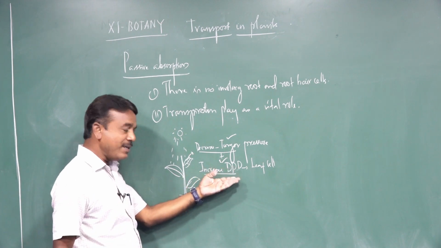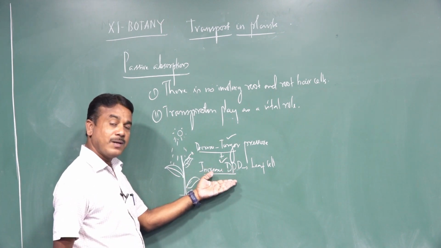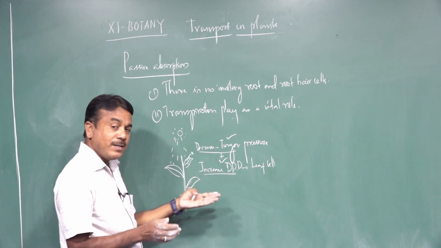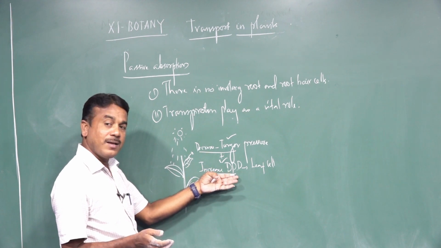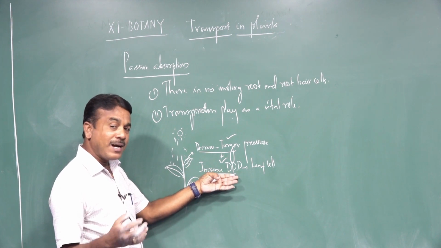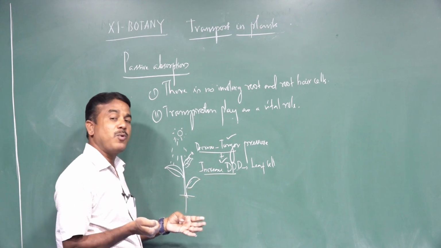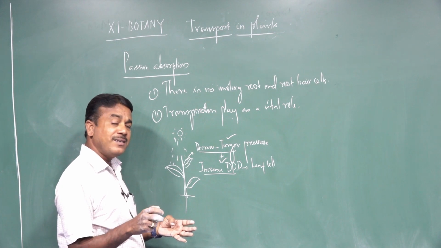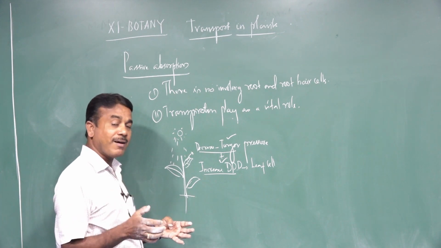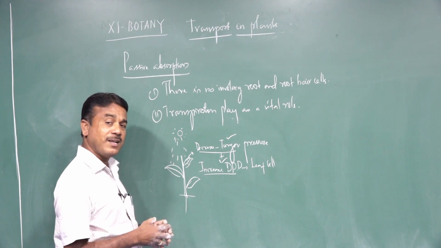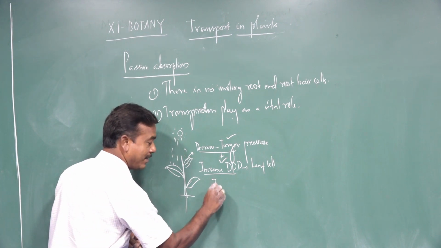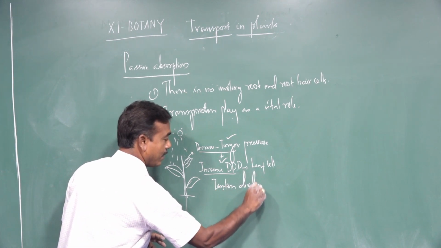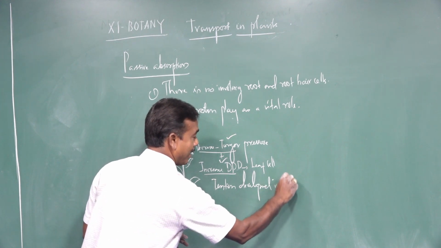When the DPD increases in the leaf cell, some tension is created inside the leaf cell. So with the increased DPD in the leaf cell, the xylem element from the adjacent cell can absorb some amount of water. When tension is created in the xylem cell, it can withdraw or uptake water from the adjacent cell. At that time the tension is developed in the xylem cell.